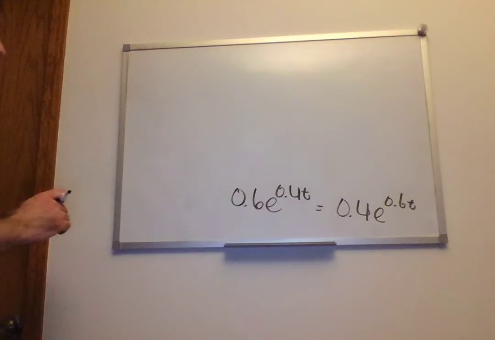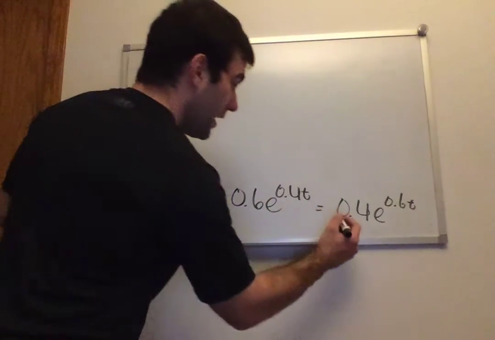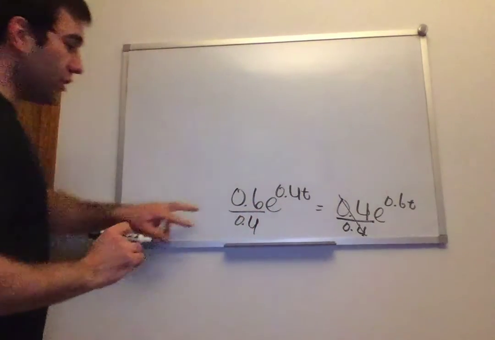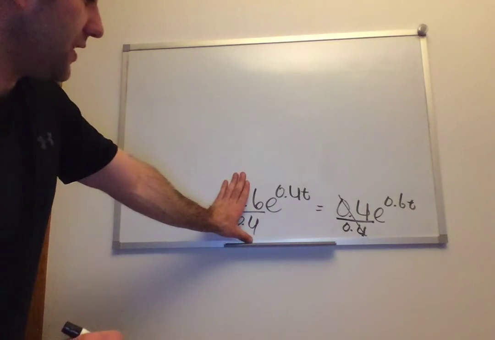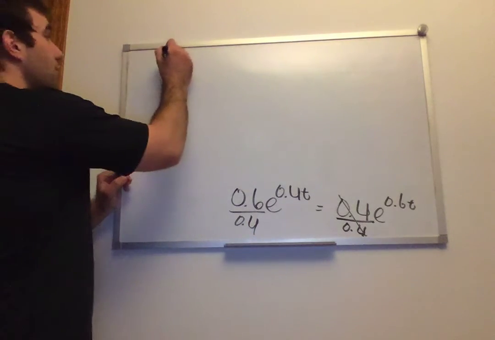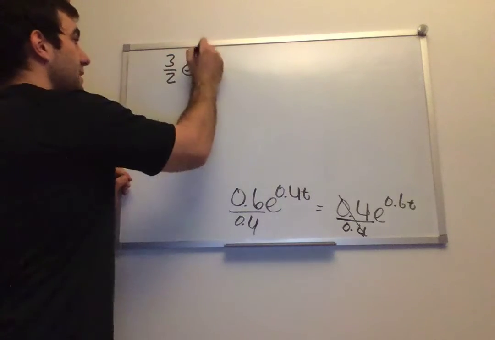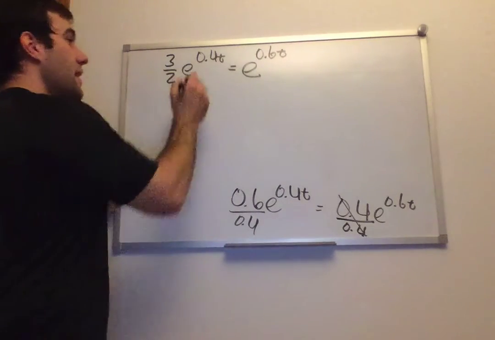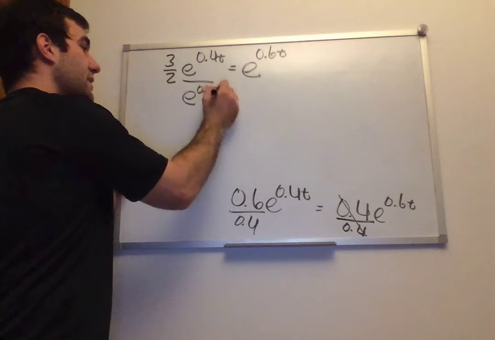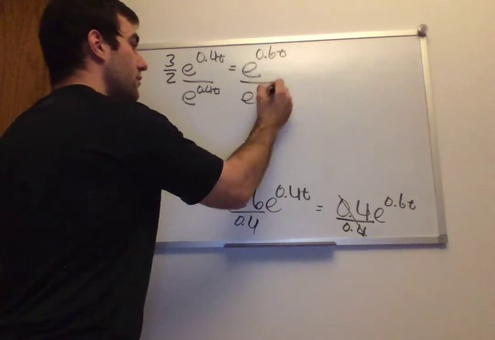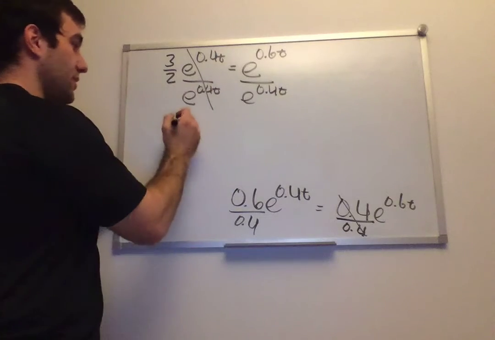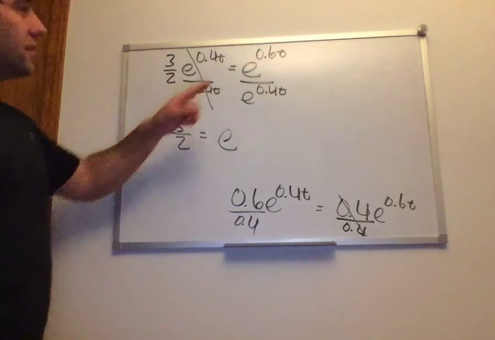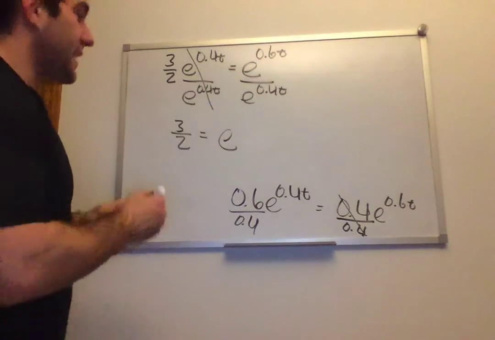Okay, so now I'm going to divide both sides by 0.4. Now you could type this in on the calculator. You could cover up the zeros and decimals. 6/4 simplifies to 3/2, and we still got e to the 0.4t is equal to e to the 0.6t. Now I'm going to divide both sides by e to the 0.4t. That side cancels, and we got 3/2 is equal to e to the... You gotta remember your exponent rules. We subtract the exponents,